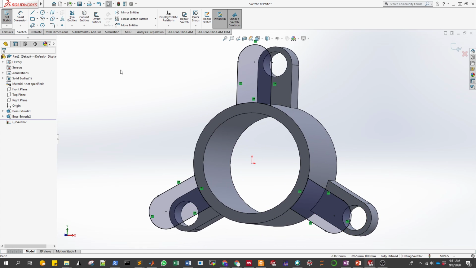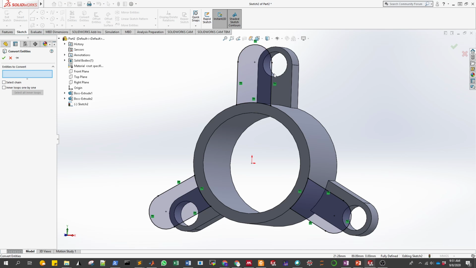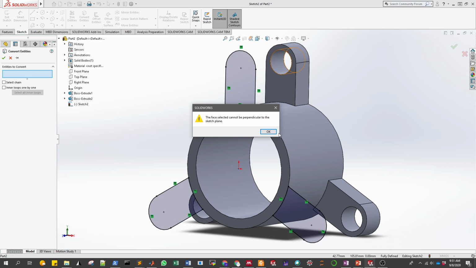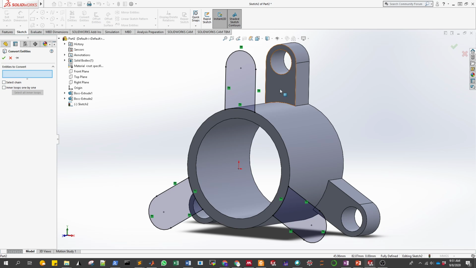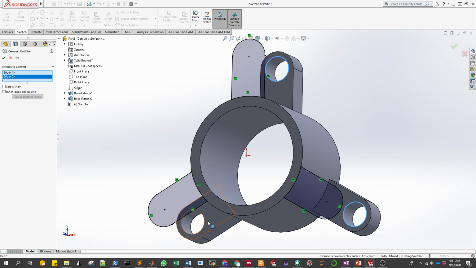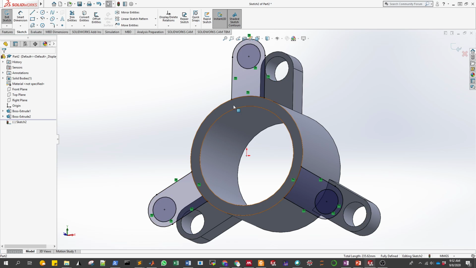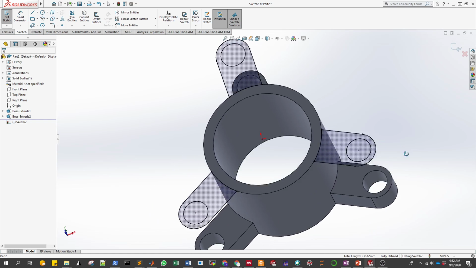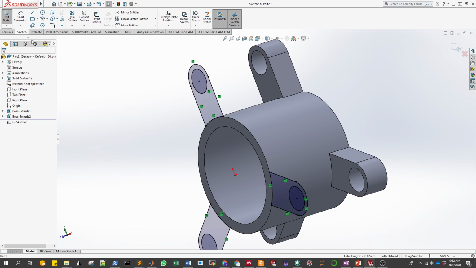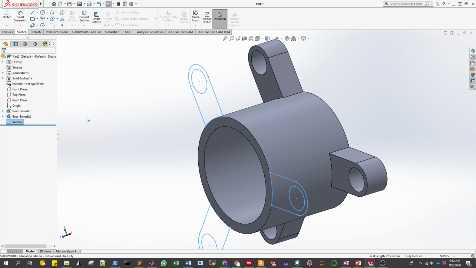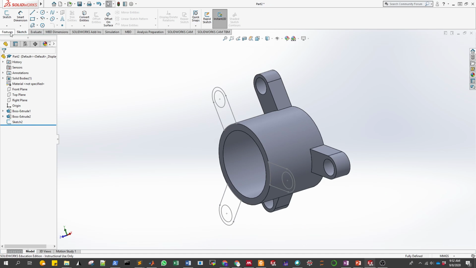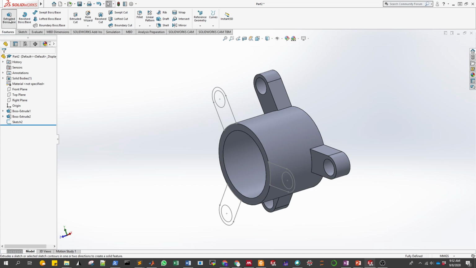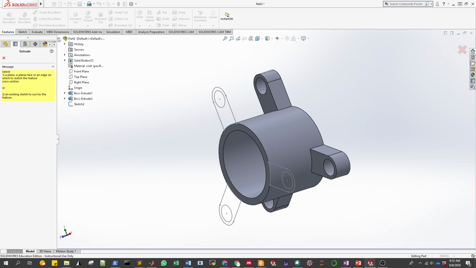I forgot to also convert entities of maybe this hole, maybe this circle, and this circle. Click OK, and then we have those circles in our drawing. Now I can exit the sketch, and create an extrusion using that second sketch that I did,